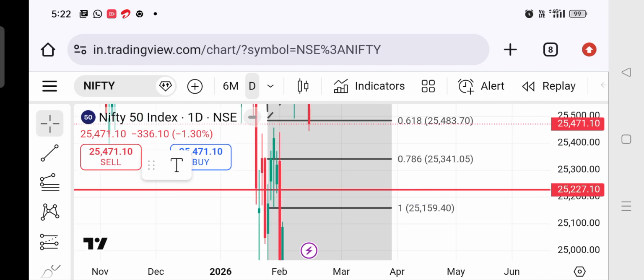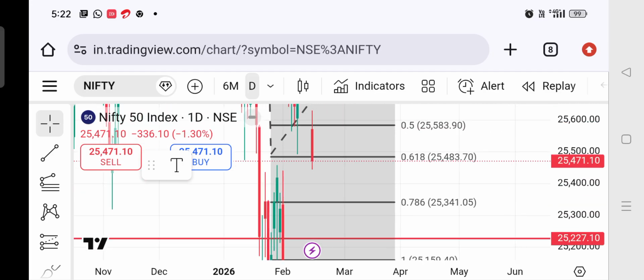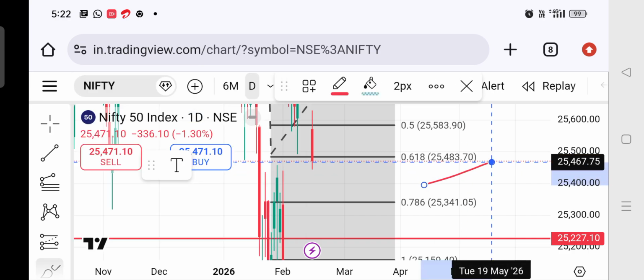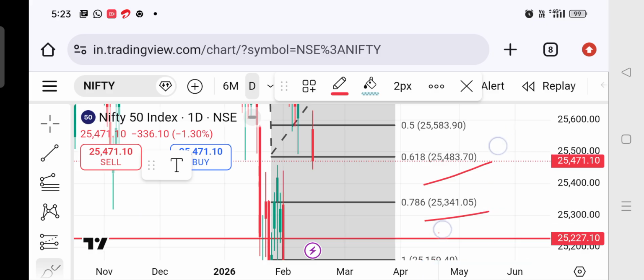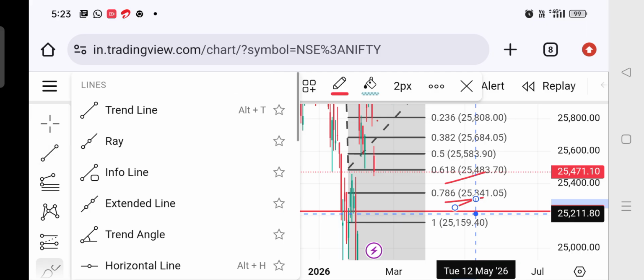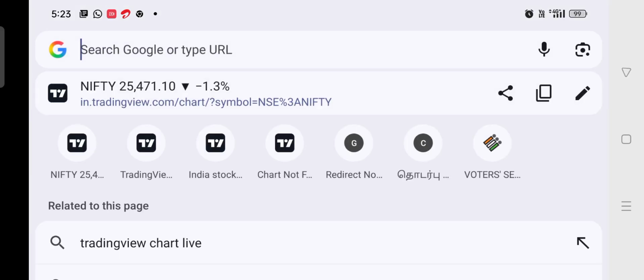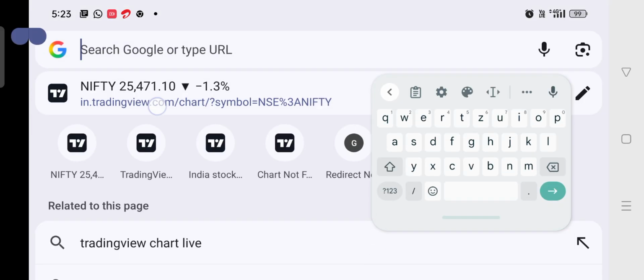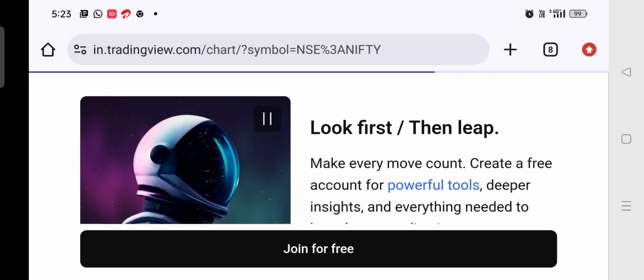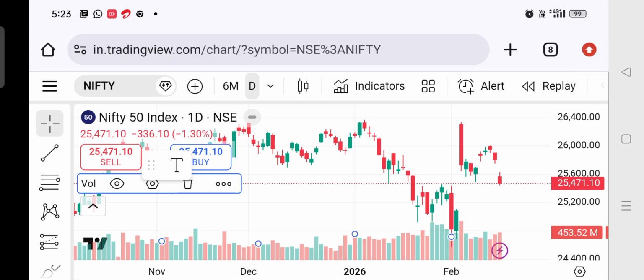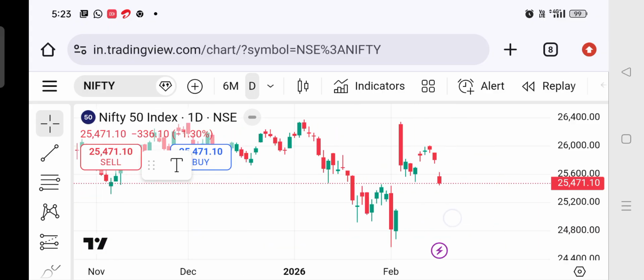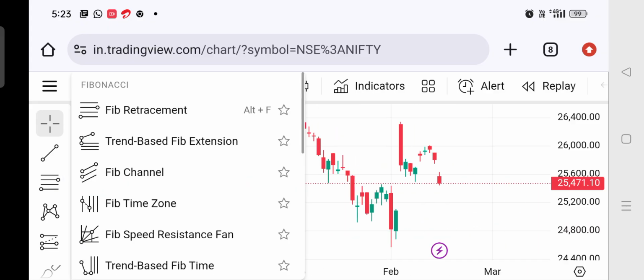After breakout for this levels means tomorrow coming Monday will be trading for breakout this levels is market moving to 25,344 41 25,227. Okay, this is the level for next level of Nifty. Otherwise go to next support and resistance levels. Okay, we will see for yesterday videos. Otherwise I will mention to